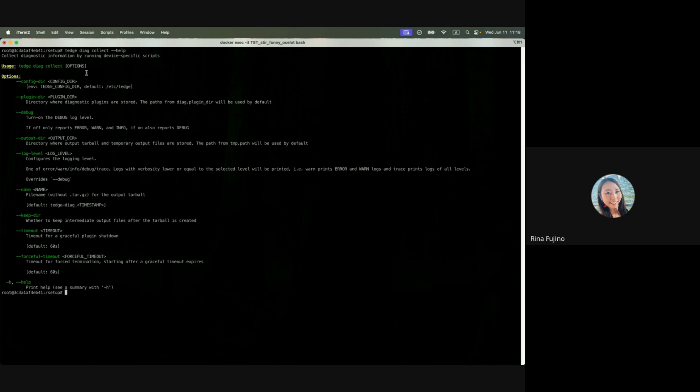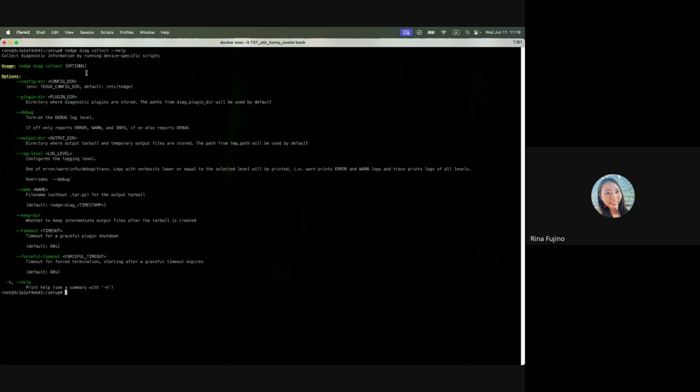First of all, I would like to explain the motivation of this command. When someone has a problem with ThinkEdge, they come to us and need support from us. But then we often have this communication: please provide the log of mosquitto, please provide the result of tedge mqtt sub, and which OS are you using. Every time we need to have the same communication with the people who need help from us,